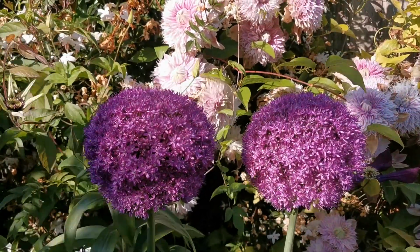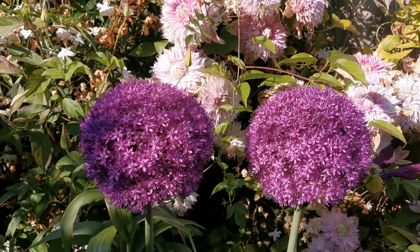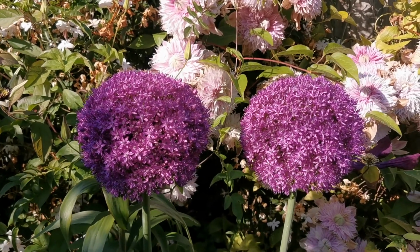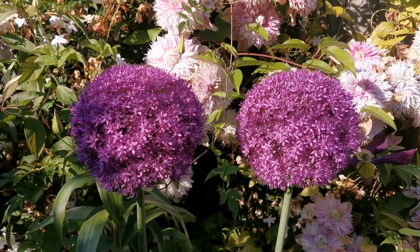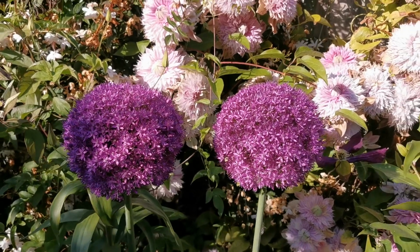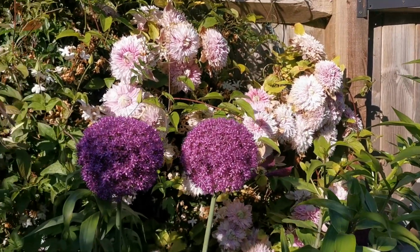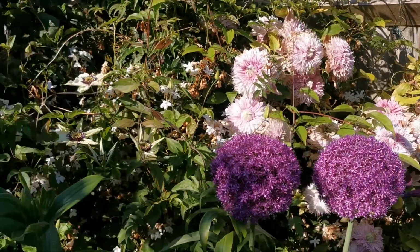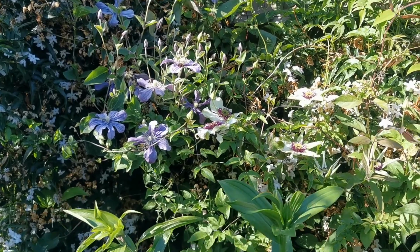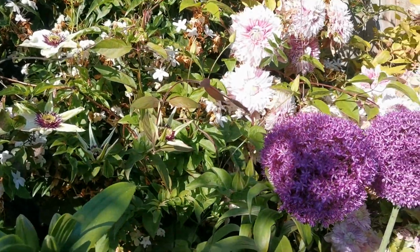So if you want a bee friendly or pollinator friendly garden, the Allium ambassador is one of the most recommended flower bulbs you can get for your garden. On top of that, obviously, if you like pink and lilac purple hues, you can see how beautiful this allium is against the Clematis Josephine and the Clematis Arabella, and basically all these lilac, pink, and